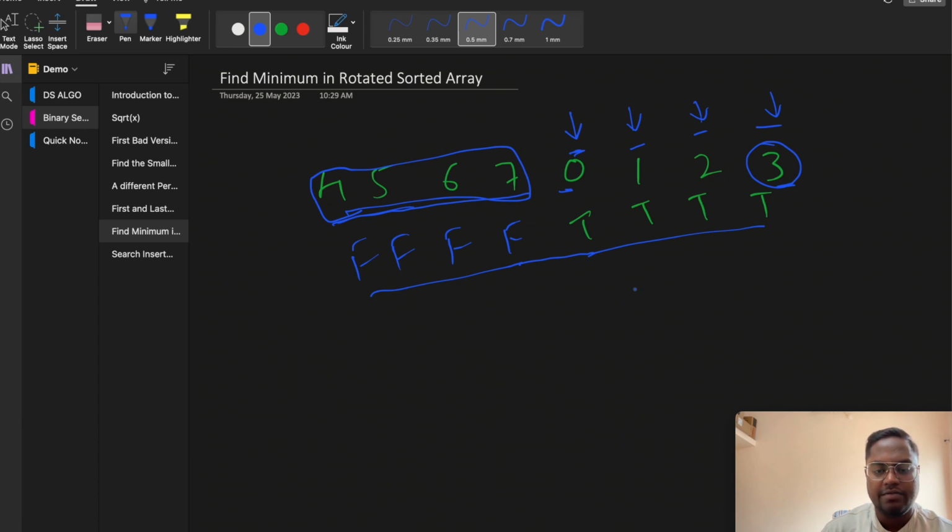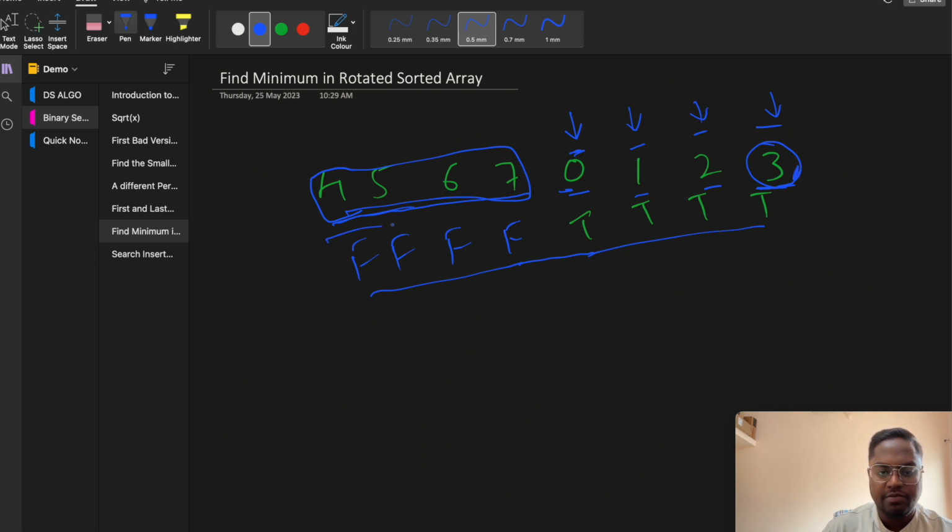So if you can define similar properties for all these elements, it is very simple: all these elements are greater than 3, and all these elements from the minimum to this 3 will be less than or equal to 3. How? Let's define this condition. If you see carefully, after 3 we'll have 4 5 6 7. That means since it is sorted already but it is rotated, and since we have the last element as 3, then